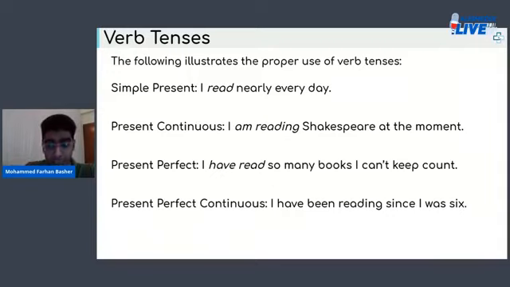Okay? Such as, for example, "I am teaching English to you right now at this moment." So here I say, "I am teaching." So this is the present continuous tense. Now I'm doing something, and since I'm doing something right now and I have to talk about it, I'm employing the present continuous tense to talk about it. Okay? Also,